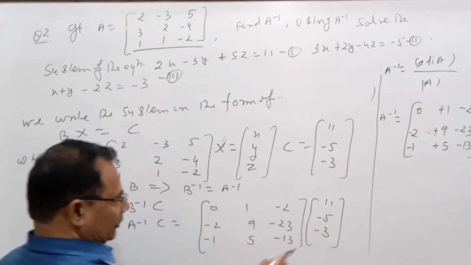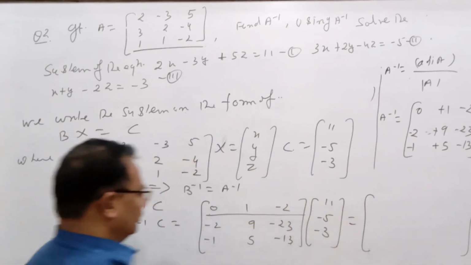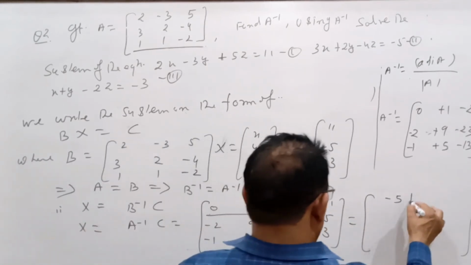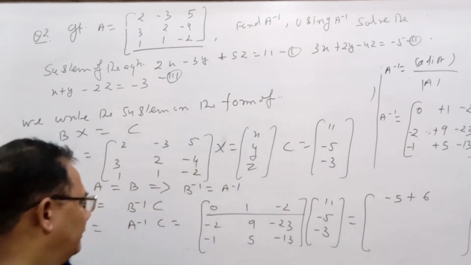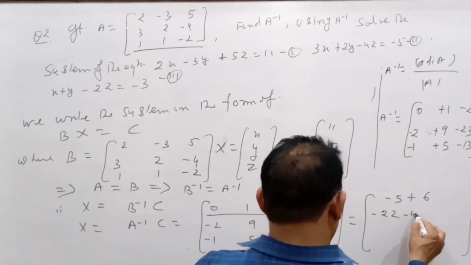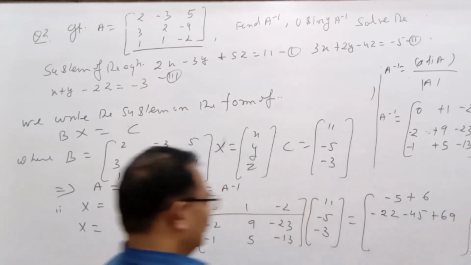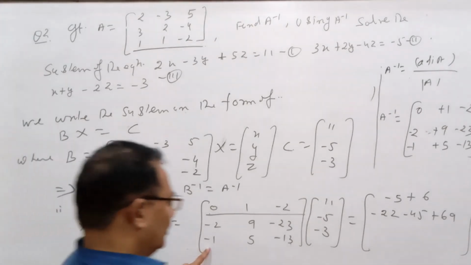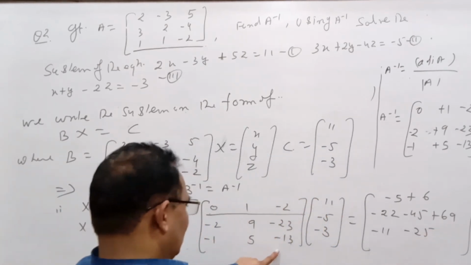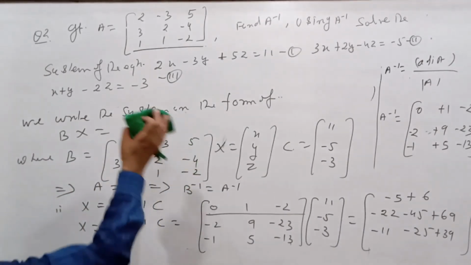Now, this is equal to, if you see, if we multiply this into this, that is 0 minus 5 plus 3 into 2 is 6, that is minus 22, that is minus 45, that is plus 3 into 3 is 9, 3 into 2 is 6, 69, minus 11, that is minus 25, plus 39. So this implies that we get the matrix